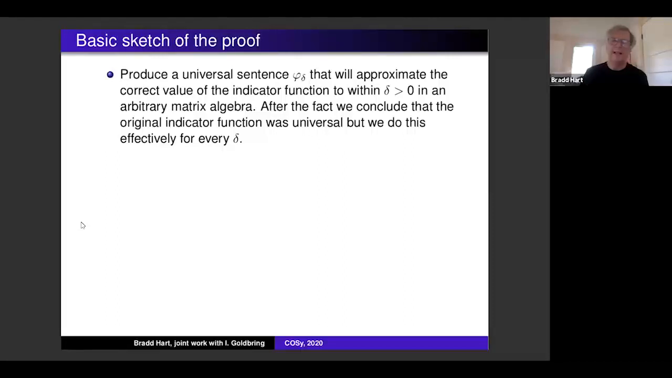It is the fact that if I look at the indicator function itself, it actually is a universal sentence of continuous logic. That bothered me for a long time. It's just not something we can access effectively right away. Okay, so I produce this universal sentence phi delta that'll get me the indicator function to within delta,